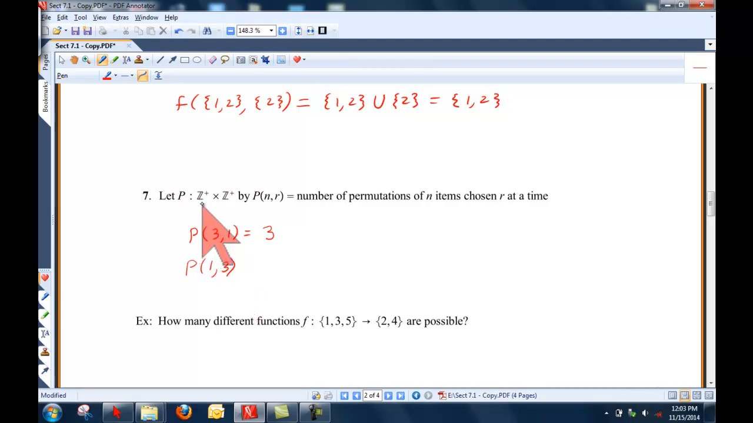That's allowed, right? 1 comes from z plus, 3 comes from z plus, and all of a sudden this doesn't seem so well defined anymore. 1 item, I'm going to choose 3 of them unless I agree ahead of time that repetitions are allowed, and we didn't when we were talking about this definition. Then this will be undefined. So at least with our standard definition of this symbol from before, that it meant permutations without repetition, this is not a